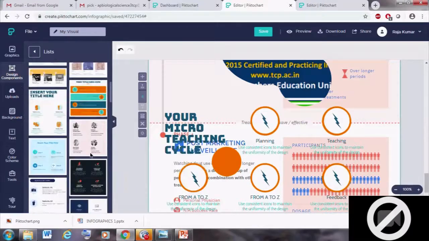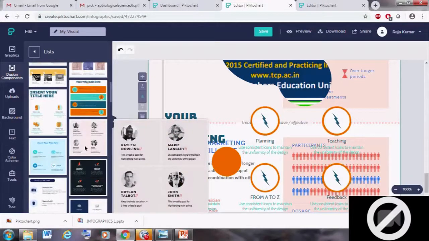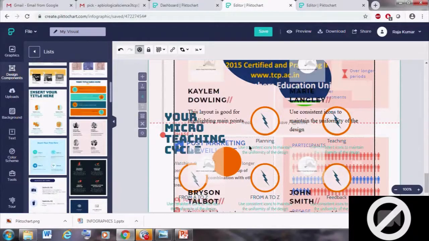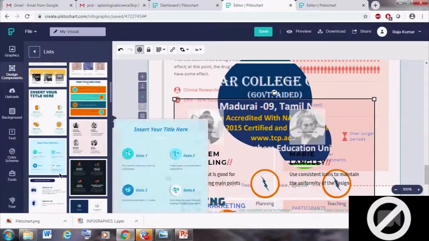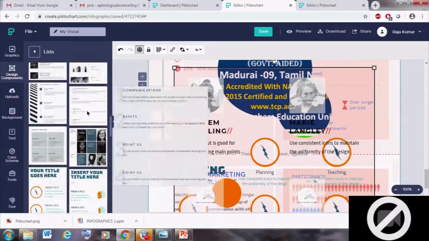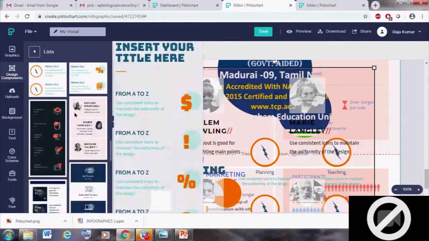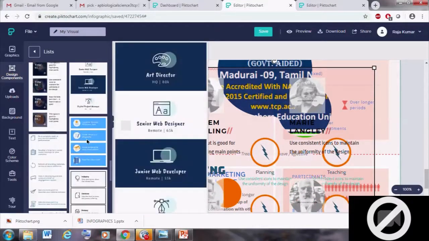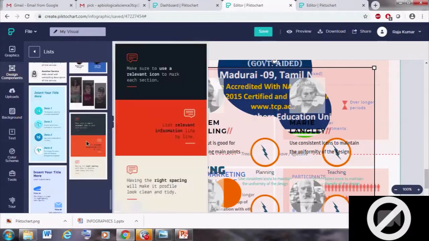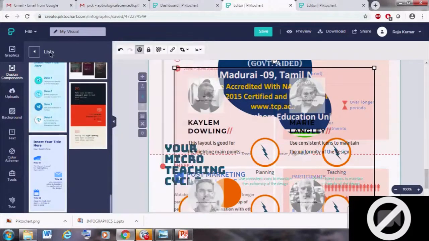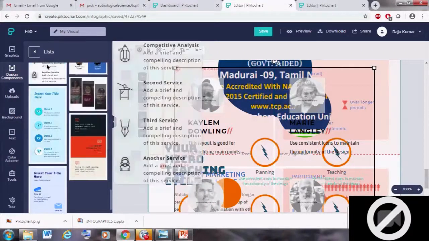These are the character personality or character comparison chart. And next one is timeline.